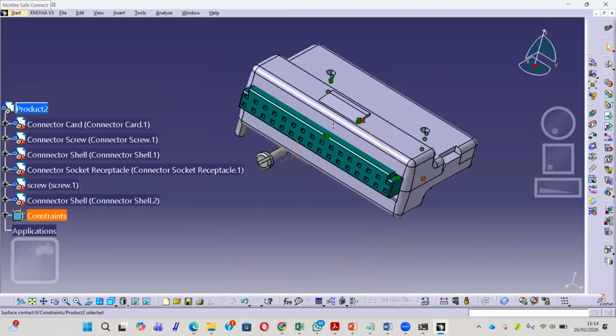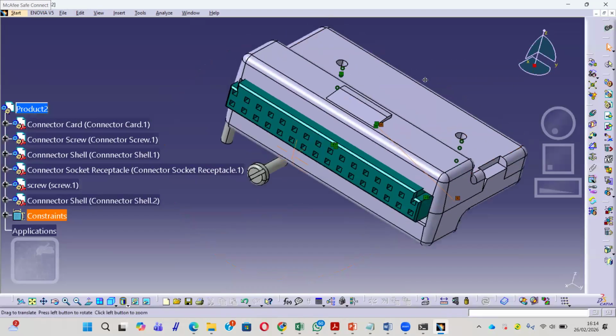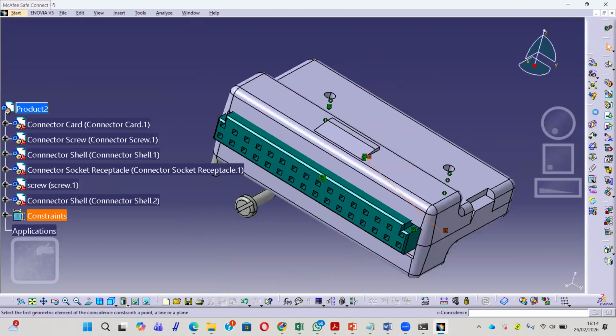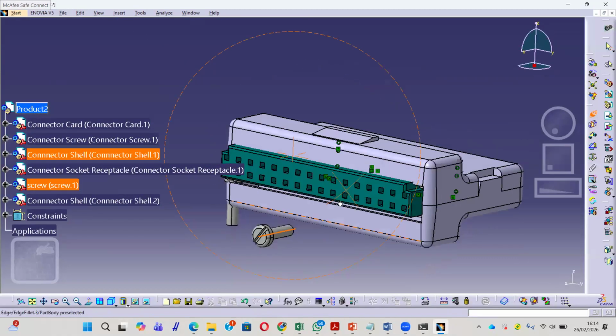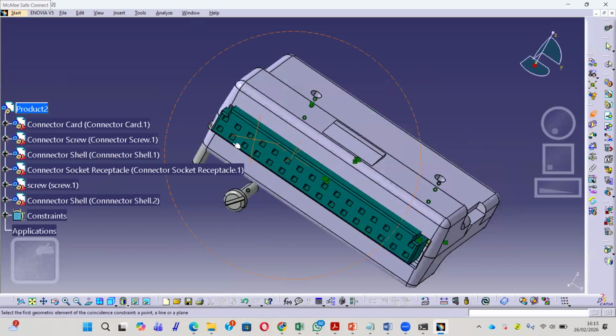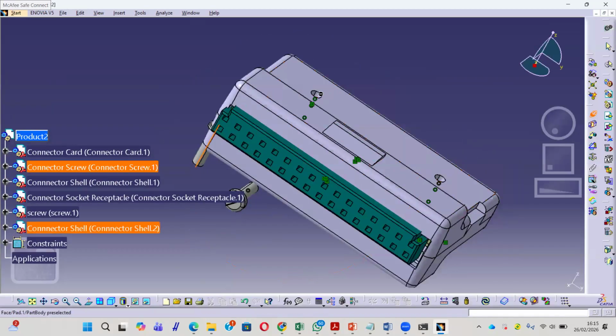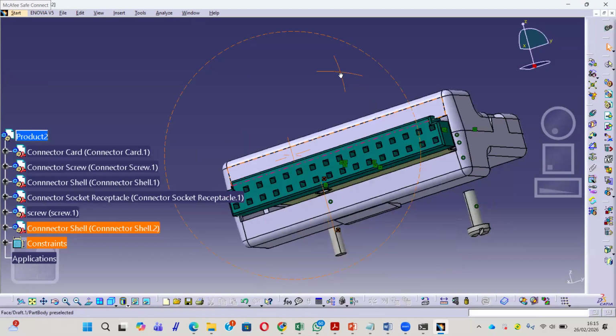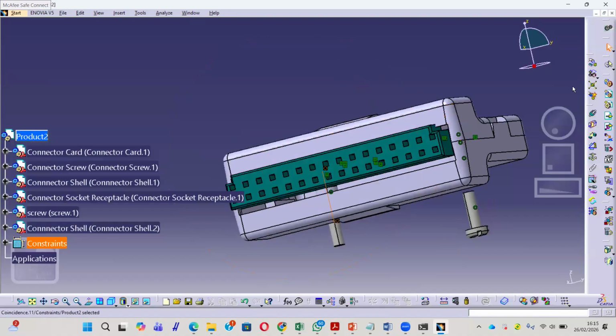And then the screw. At first we use coincident. This one to this one. And then this one to this one. Okay, update. Okay, where is the screw?